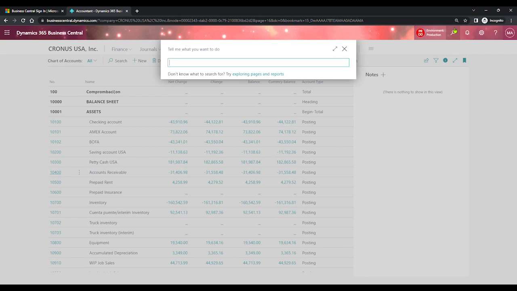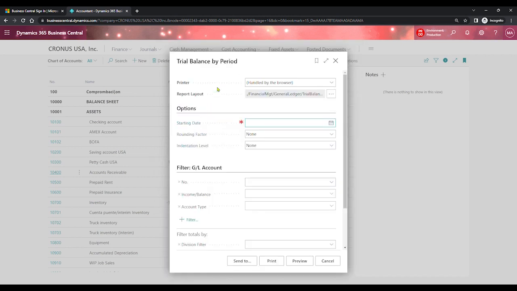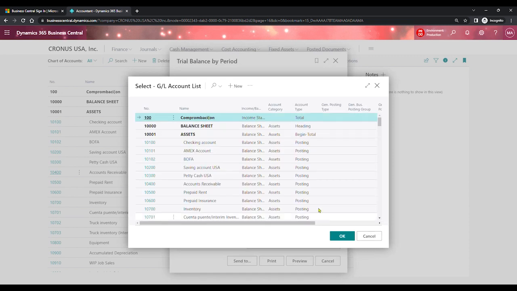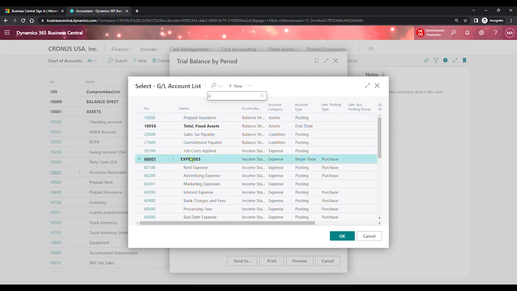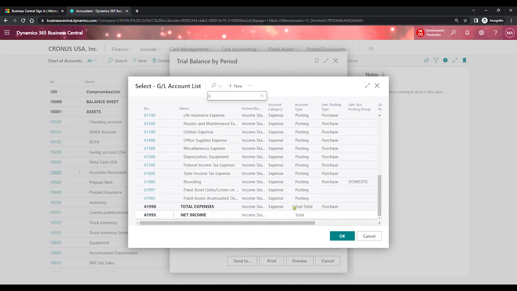But let's continue reviewing more reports with more information that will be possible to use. I'm going to use the trial balance by period. Most of us will need to review a specific range of days to check specific information in our GLs, so let me add the starting date. This will be the beginning of 2023. If necessary, we can filter by account. So here you can select, for instance, let's start with the expenses, all expenditures that I want to see as an example. So this will be my account 6001, and then the last is